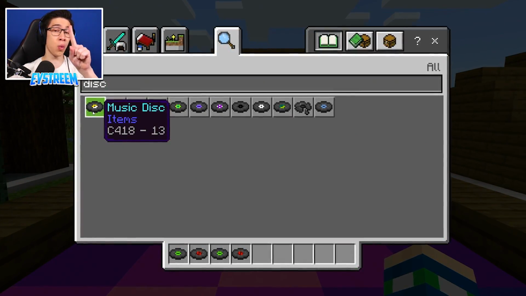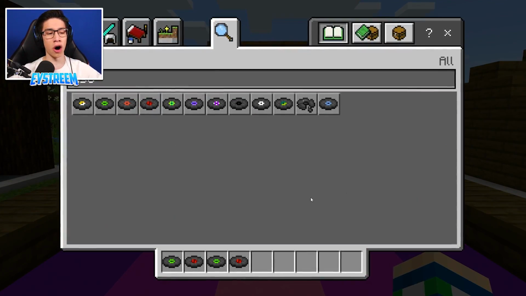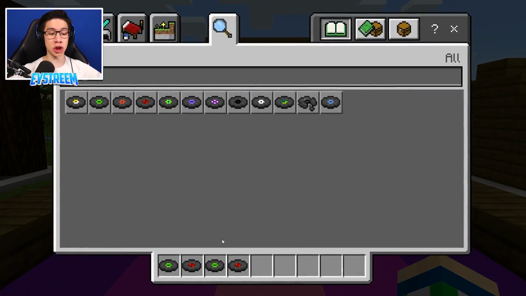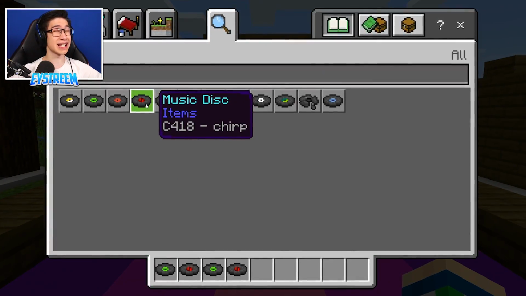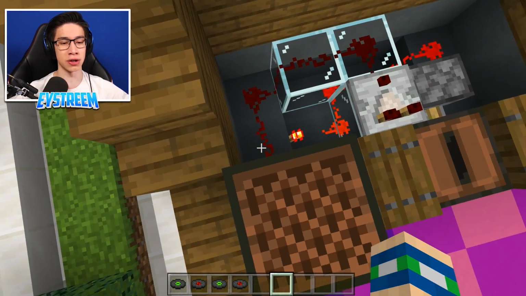This one outputs 1 redstone signal. This outputs 2. This outputs 3. This outputs 4, and so on. Now, you guys can see we used chirp to open up our chest, which is disc number 4. And as you guys can see, we then put 1, 2, 3, 4 pieces of redstone dust here,